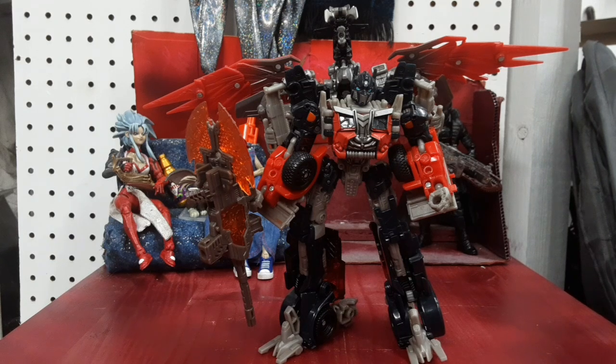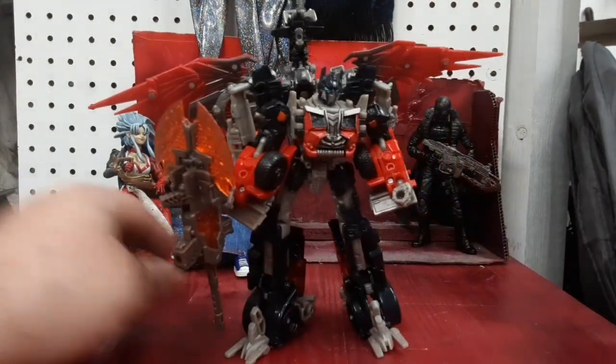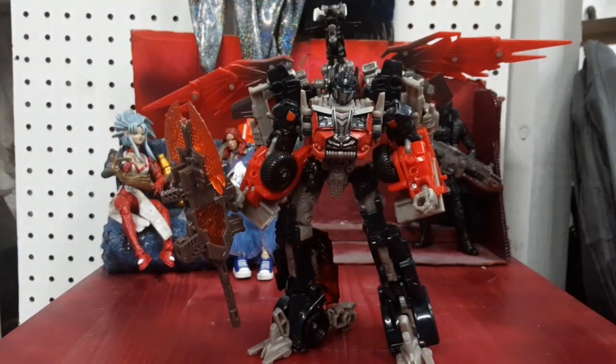I'm Colwen. Been talking about Transformers, Dark of the Moon, Fire Blast Optimus Prime. Really great figure. Holds up incredibly well. It's got a really nice, unique mech tech weapon. Like, really, go find yourself one. You know, and get the Dark of the Moon Laserbeak to go with it so you can have the